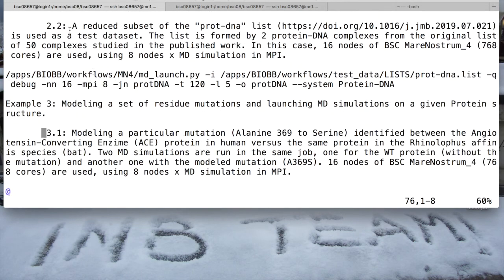So the next example is a reduced subset of the protein DNA list, the job that I have just presented to you about the protein DNA complexes. From the original list of 50 complexes, we just selected a couple here, but in this case we didn't simulate the canonical DNA. We simulate the protein DNA complex, and this is just a test to check the possibility to run protein DNA complexes using exactly the same